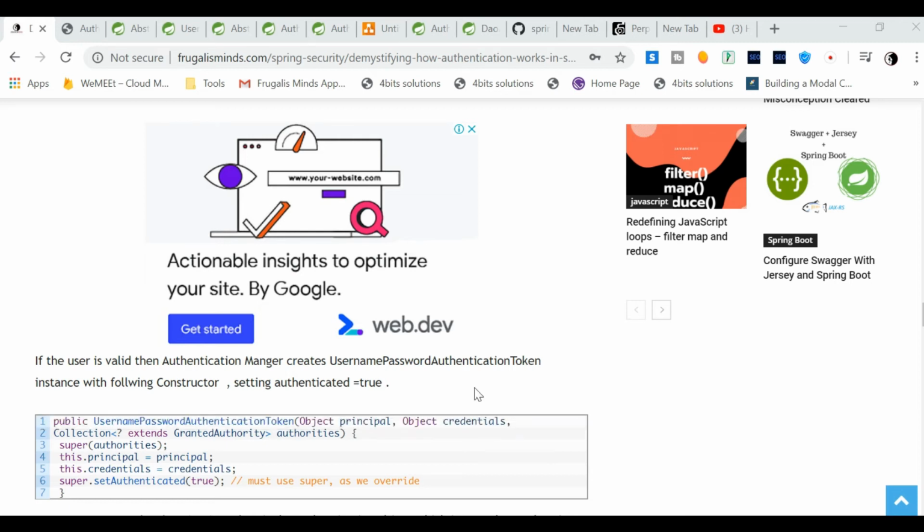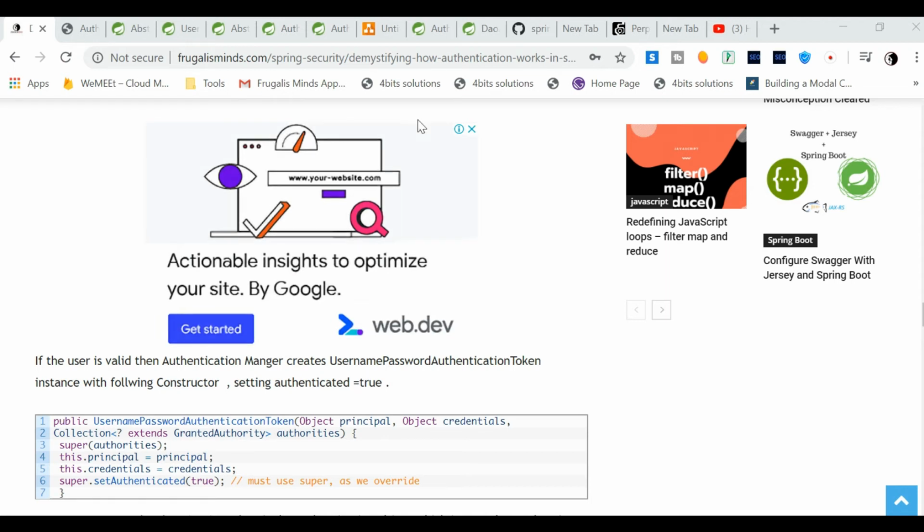Now we have one question: how does Spring do the actual authentication? One of the most common ways of performing an authentication is by using a provider. Spring has an authentication provider which processes the actual login logic.